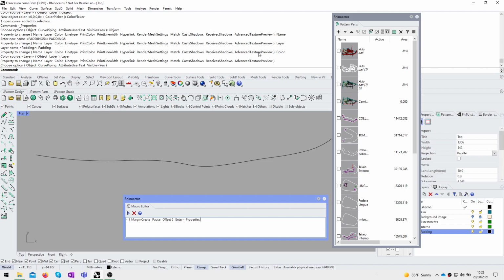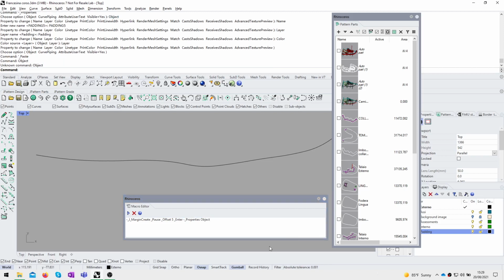So we'll run the properties. I will run object, name. Oop, padding. No, padding 5, sorry. Layer, just way off. Layer, padding,